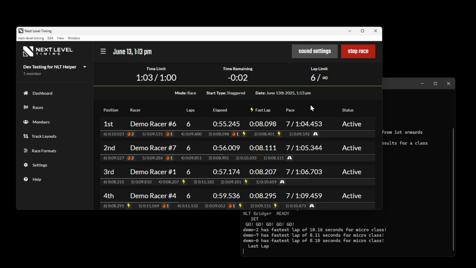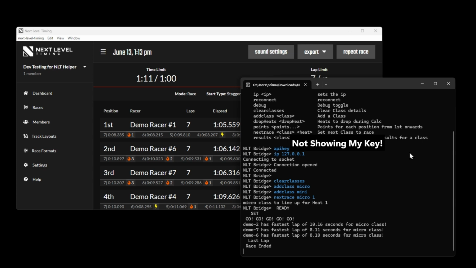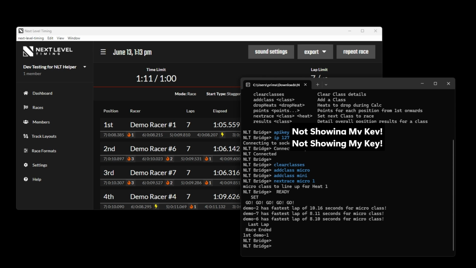Finish your last lap. In first, demo race number 1. In second, demo race number 6. In third, demo race number 7. In fourth, demo race number 4. In fifth, demo race number 2. In sixth, demo race number 5. In seventh, demo race number 3. Race complete. Okay, so now that that's all in there,